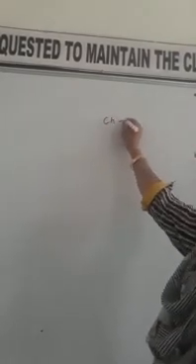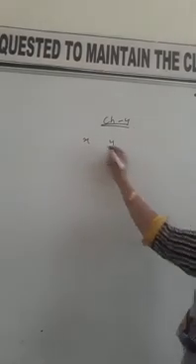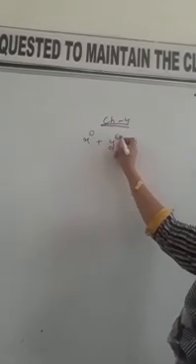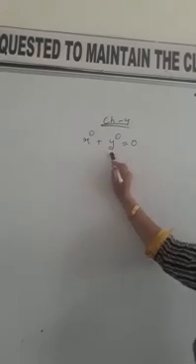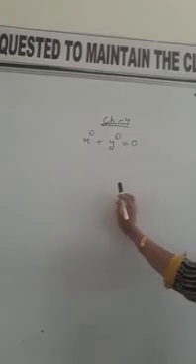As we have completed the revision of chapter number 2, today we will start the revision of chapter number 4, linear equation in two variables. What do you mean by a linear equation in two variables? Two variables, like x and y, and an equation, that is equal to 0. Linear means the power of the variables is 1. The equation in which the power of the variables is 1 is known as linear, and here there are two variables, so it is a linear equation in two variables. In this chapter we will learn how to solve these types of equations.